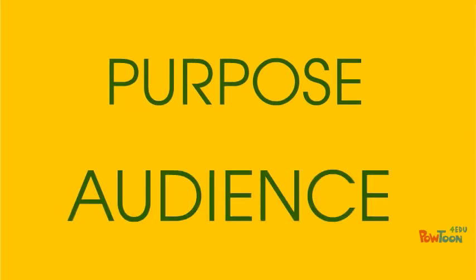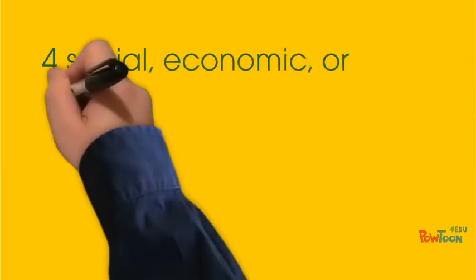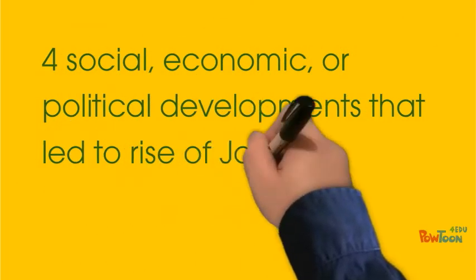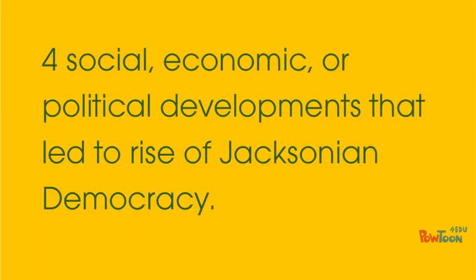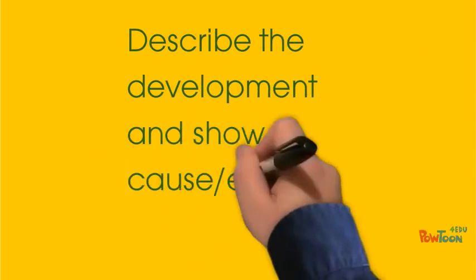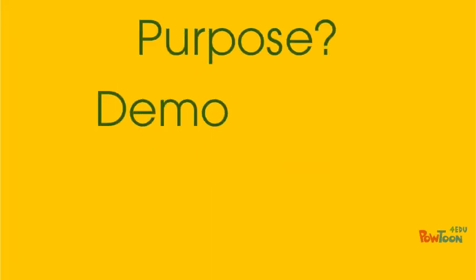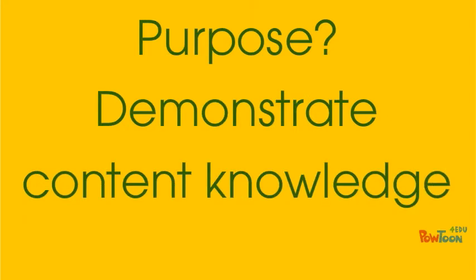It's easier to understand this if we look at situations in which purpose and audience are not considered. Suppose a history student is taking an essay exam, and the question is this: name and discuss 4 social, economic, political developments that brought about the rise of Jacksonian democracy. For each, describe the development in detail and be very specific about its contribution. The student's audience in this case, his professor. His purpose, to persuade his professor that he has mastered specific course content, in this case the developments that led